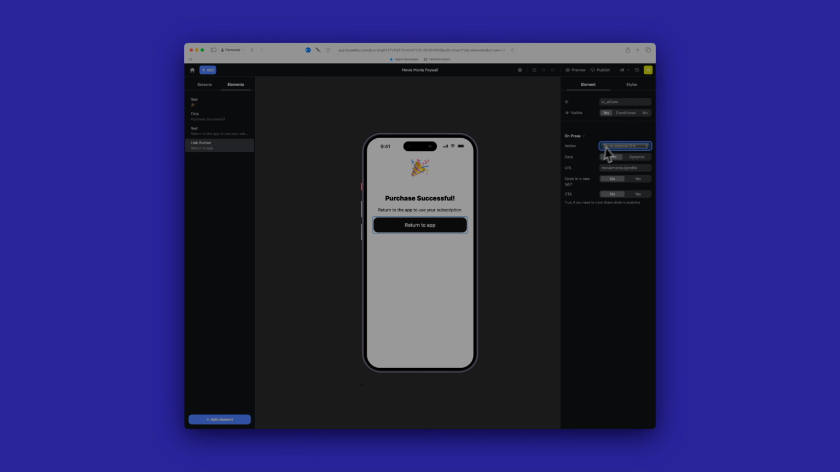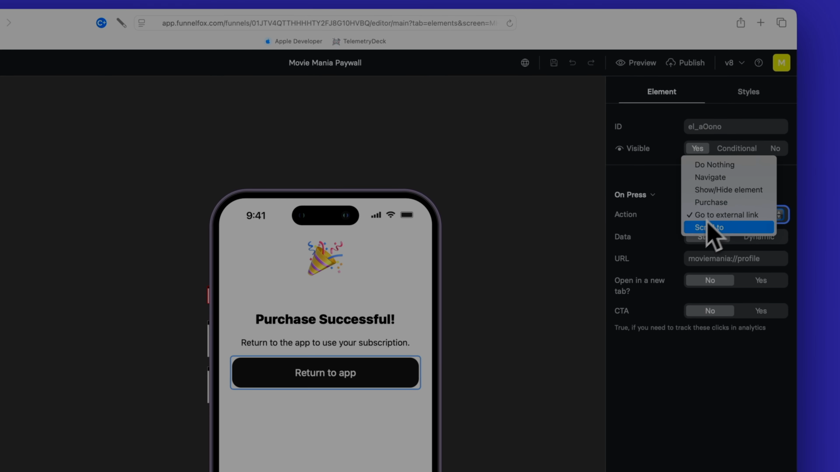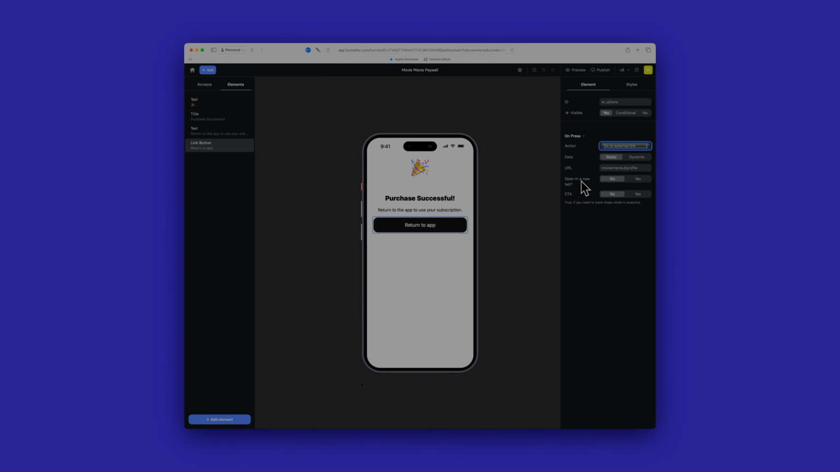And then for the action, I'm going to choose Go to external link on the on press action. And then I'm going to enter a URL that is a custom URL scheme that I'm going to define in my application to respond to when it is opened on my device. In this case, it's moviemania:// and then the host is going to be really a variety of choices to deep link them into a specific area of the app. I'm going to take them to the profile